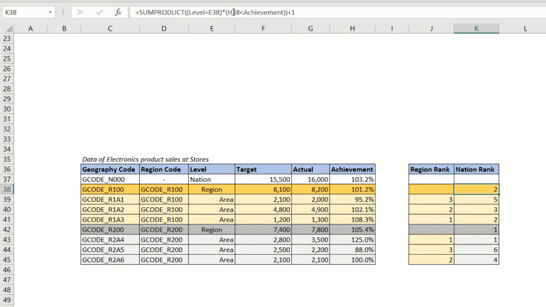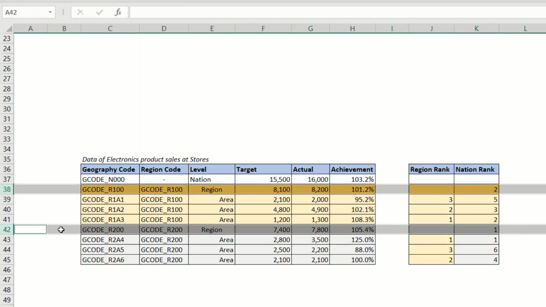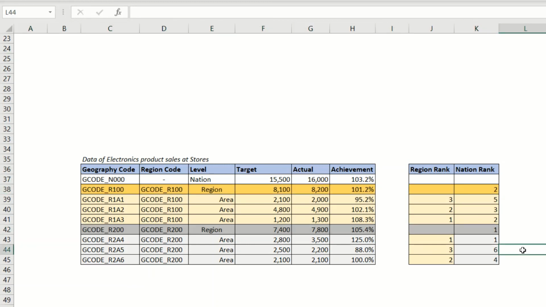Now I have applied ranking at the region level, that is for these 2 rows as well, and I will explain that in a bit. If we focus on these 6 ranks, that is these 3 cells above and these 3 cells below, we can see that the ranks vary from 1 to 6, which essentially means that all of these 6 stores now fall in a common ranking pool, and we assign the lowest rank, that is rank 6, to the lowest performing store, and rank 1 to the highest performing store, which is 125% here.